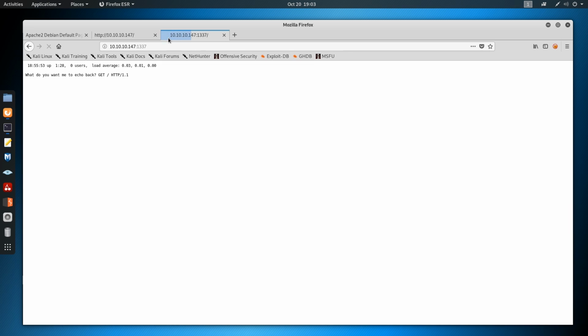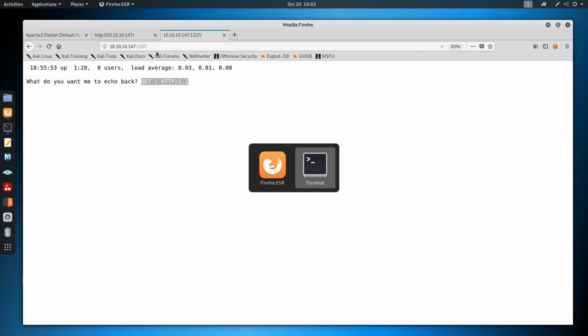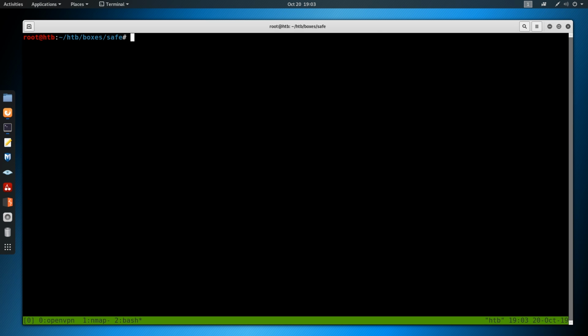10.10.10.147, port 1337, and we just get, what do you want me to echo back? And it says GET / HTTP/1.1. So this is kind of an indicator that we probably should use netcat or telnet, because when we make an HTTP request, this is the very first thing our browser sends. So if we open up a new pane and do nc 10.10.10.147 1337,